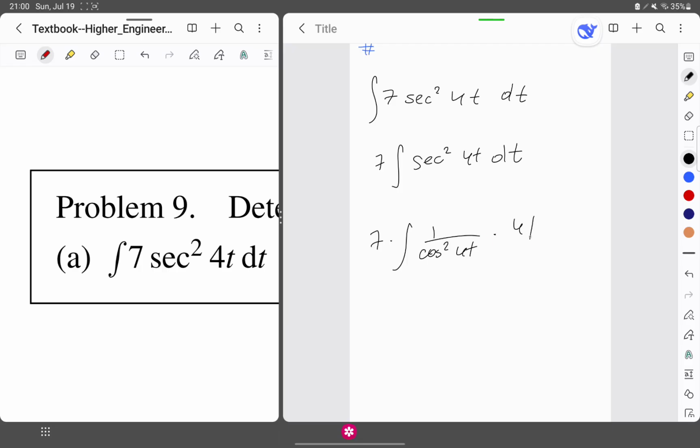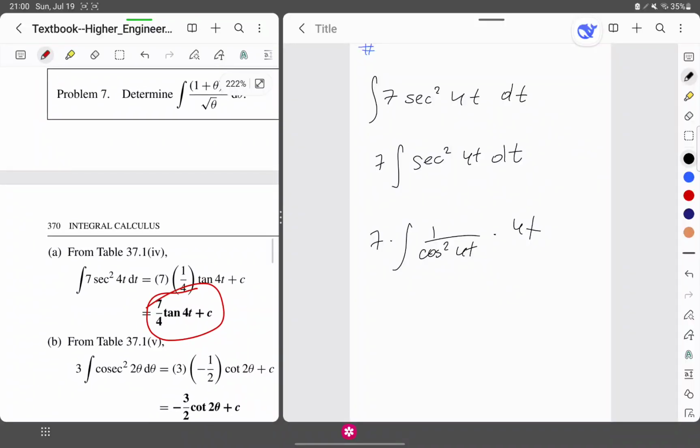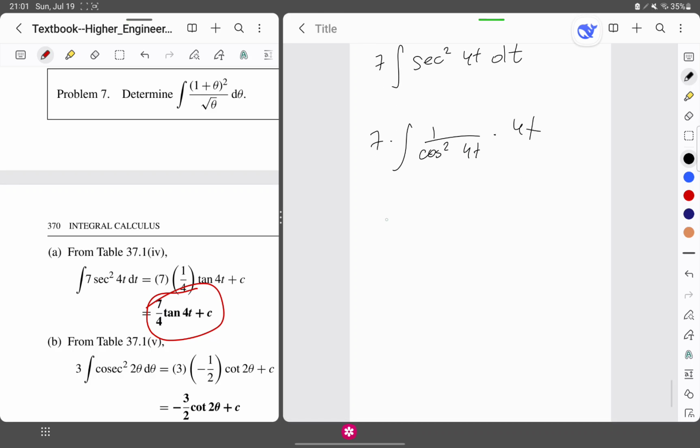Is that true? I just want to know that. Actually, we are right, because 1 over 4, yeah? And 7 times this one will be tangent, 1 over 4 times